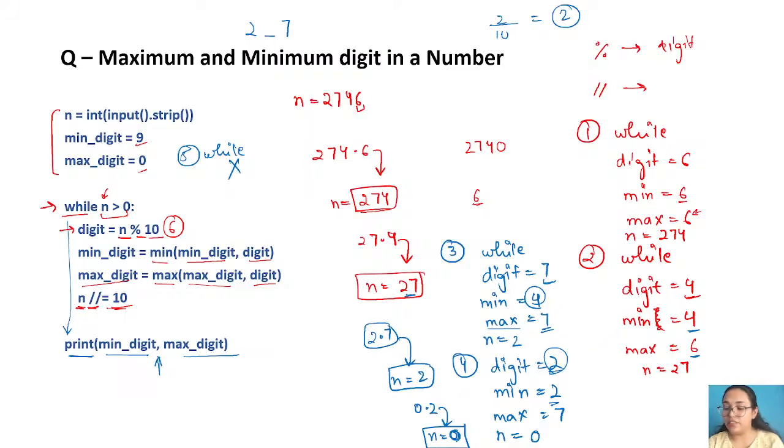Second query is that if we take a number something like 054329. If this is the kind of number, what is going to happen? See, again, what you have to do is just find the minimum and the maximum. You have to simply do the same loop. So every time you will be accessing each and every digit, and once you're done with the whole while loop, all the iterations are done and your number becomes 0, it will automatically give you the values 0 and 9.